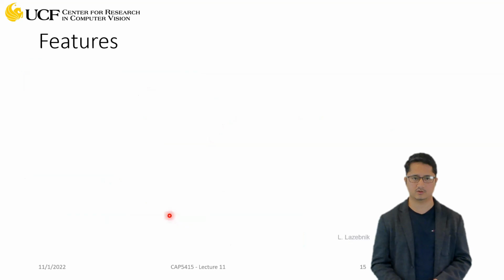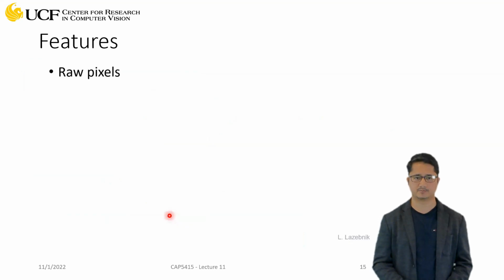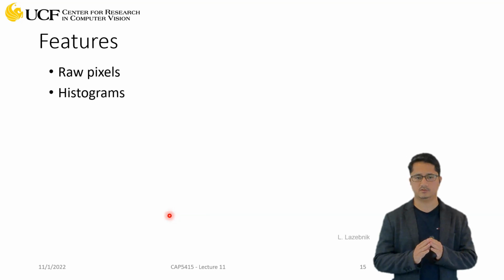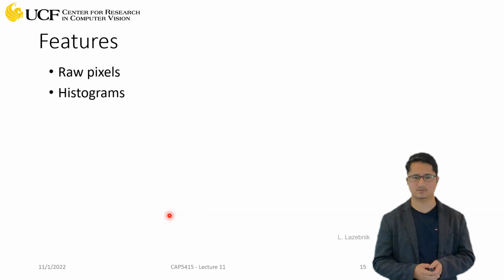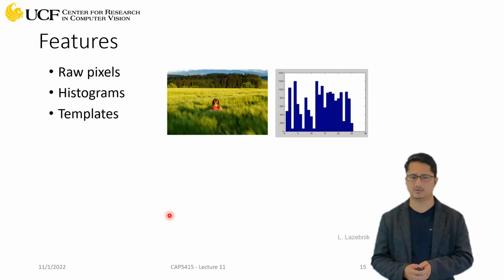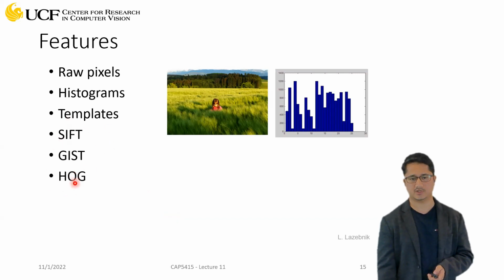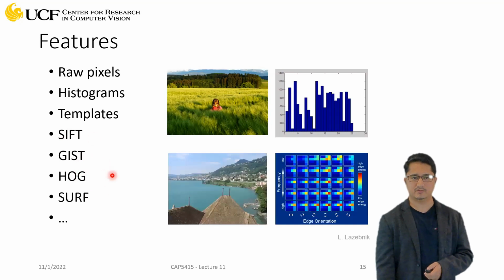So that's the overall training process, which you have to take. Now, let's quickly go over these features as well, what kind of features you can use. We can have raw pixel values. We can use those directly. We can use histograms, for example, HOG features or SIFT features. We can have templates. And there are a lot of other local features which are actually very useful for classification. And eventually we'll have,